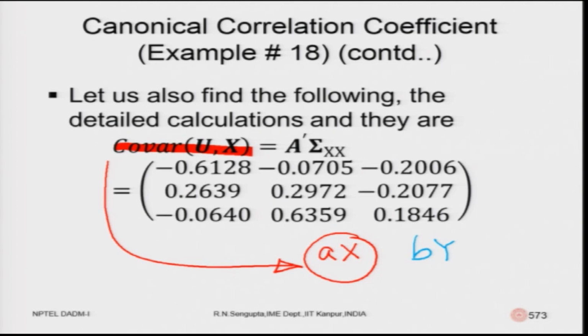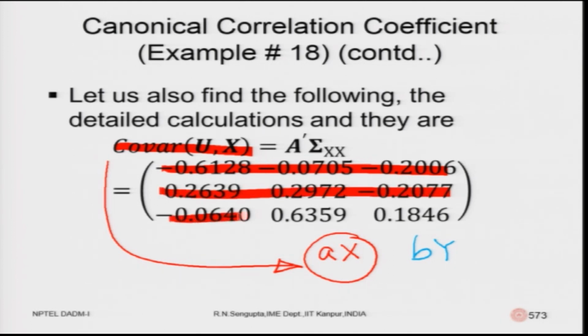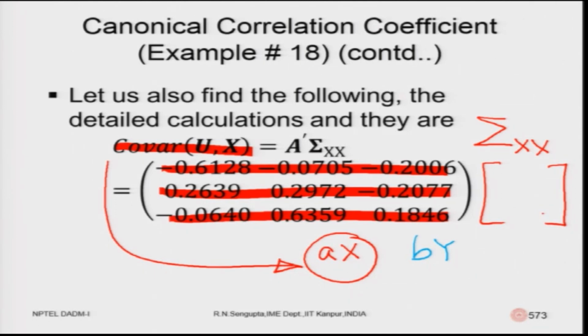U is the linear combination of x. So, they come out to be as given. It can be found out, you just multiply them and find out the covariances between them. So, we already have, remember, technically, there are 3 x's if you remember from the last example, n cross 3, n being the sample size, which was 600. So, the first one will be, I will use the subscripts x 11, x 12 and so on and so forth.